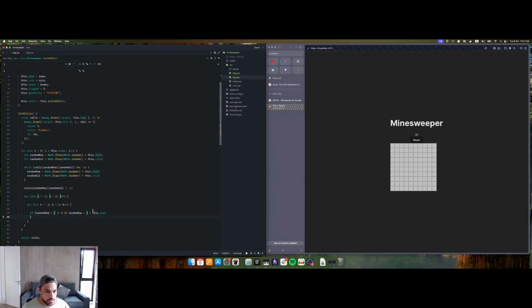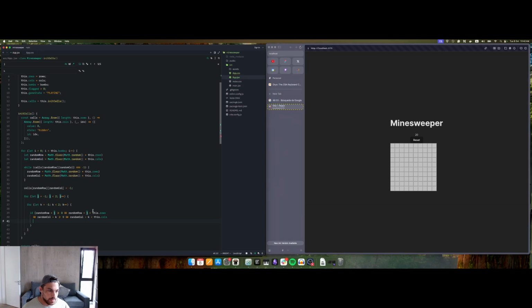That's one condition. Next condition is random call plus k is more than or equal to 0, and random call plus k is less than this dot calls,